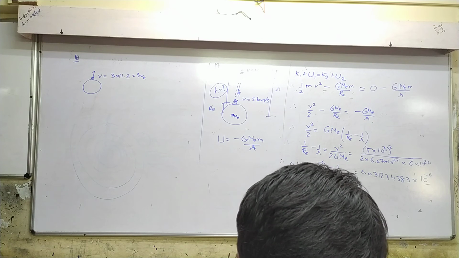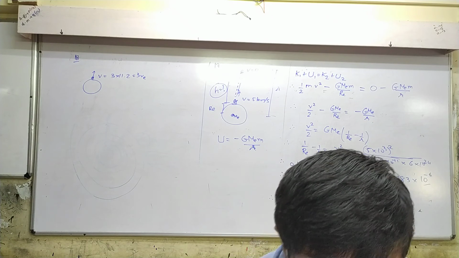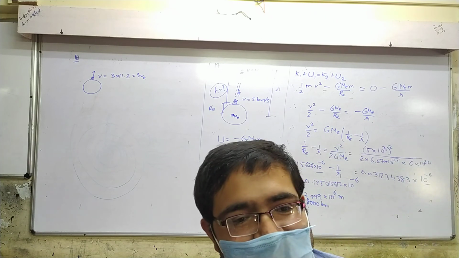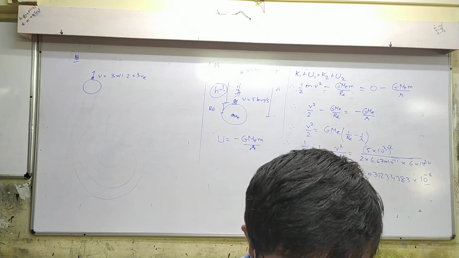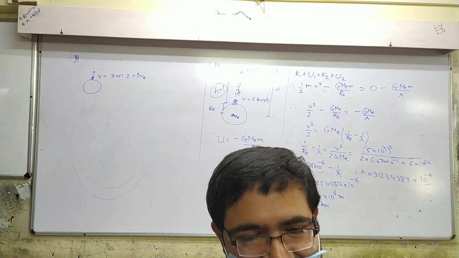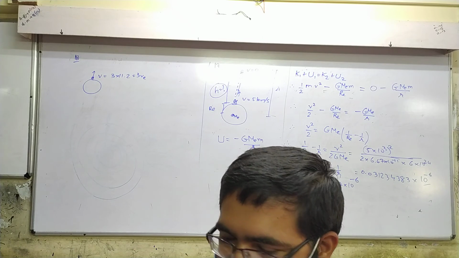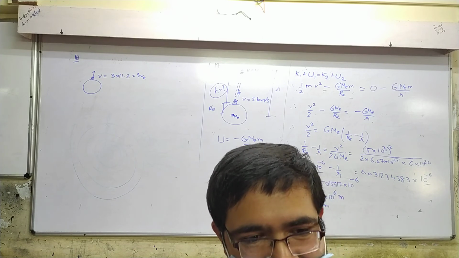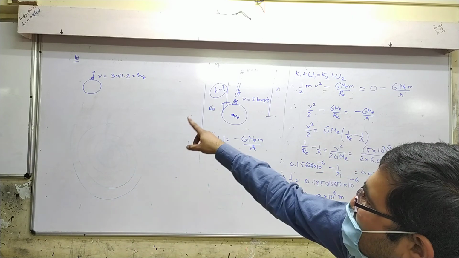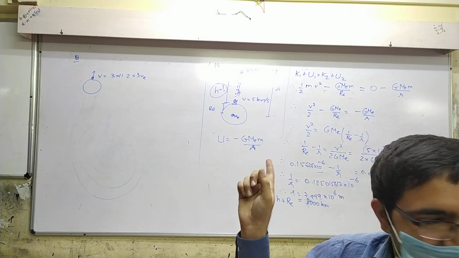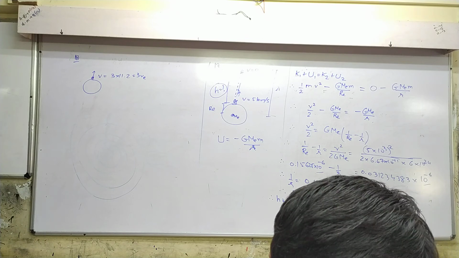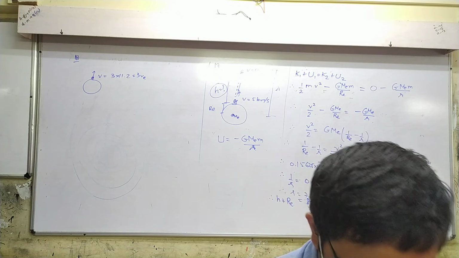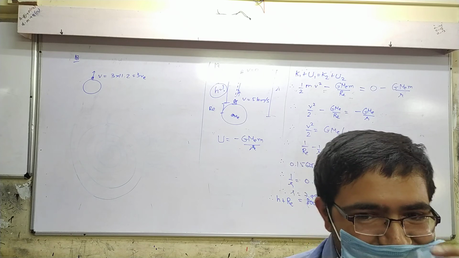But they have given the value of escape speed. The escape speed of a projectile on the earth's surface is 11.2 km per second. A body is projected out with thrice this speed. Okay, thrice the speed, so v equal to 3 VE. Okay or not? Yes. Now what's the question? What is the speed of the body far away from Earth, ignoring the presence of other bodies or planets?